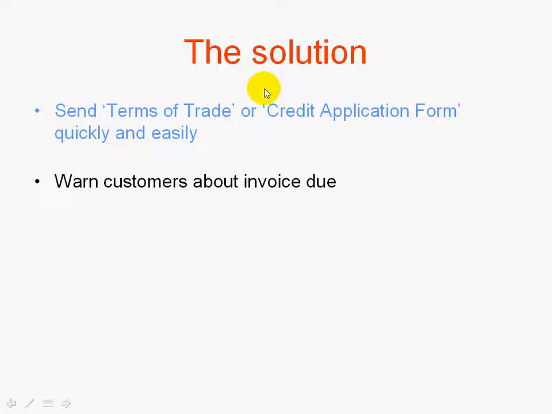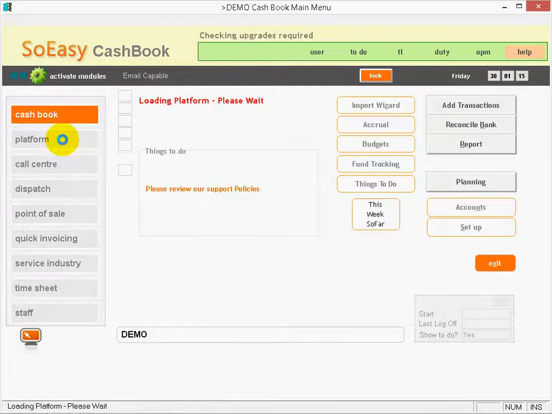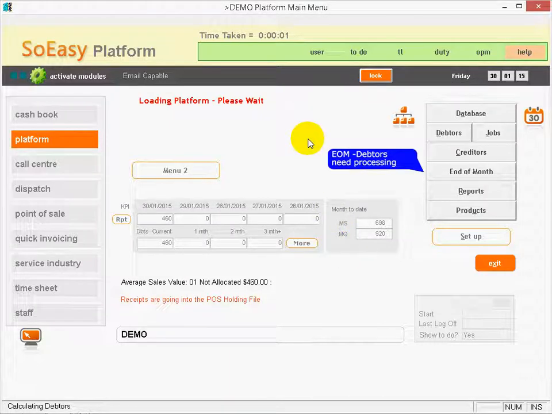The next solution is to warn the customers about invoices due. This process can be set up as an automatic function in the setup area, where you can configure much of how the module works. When the administrator comes in the morning, clicks on platform, they're prompted with, shall I send today's account reminder emails? Now in this case, I'm going to go no, because what I need to do is